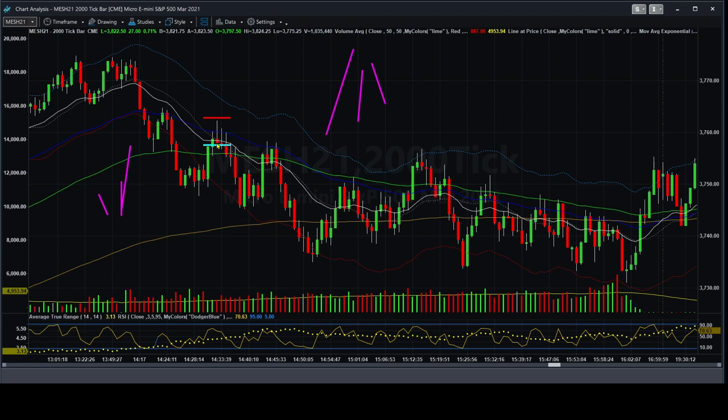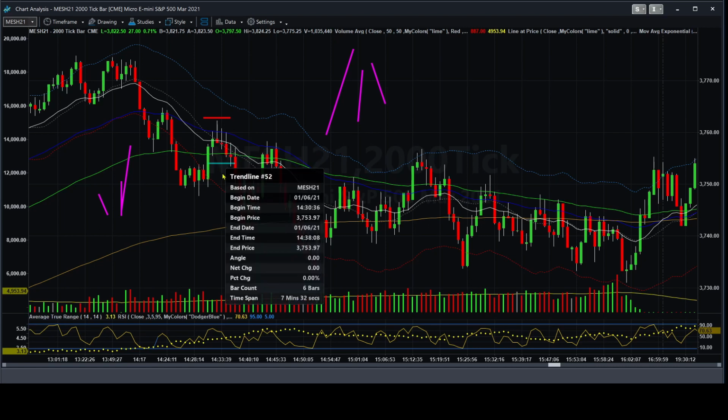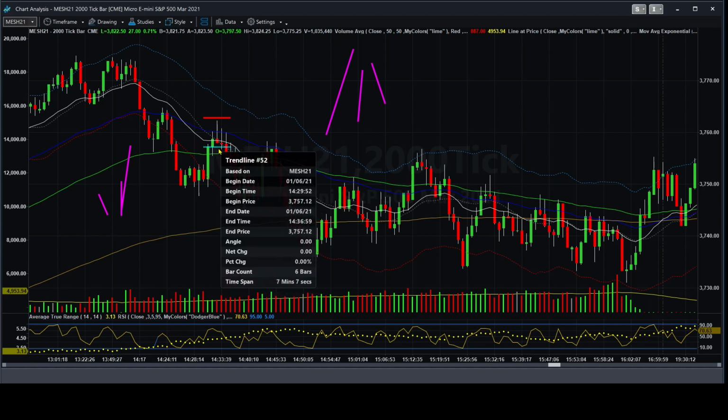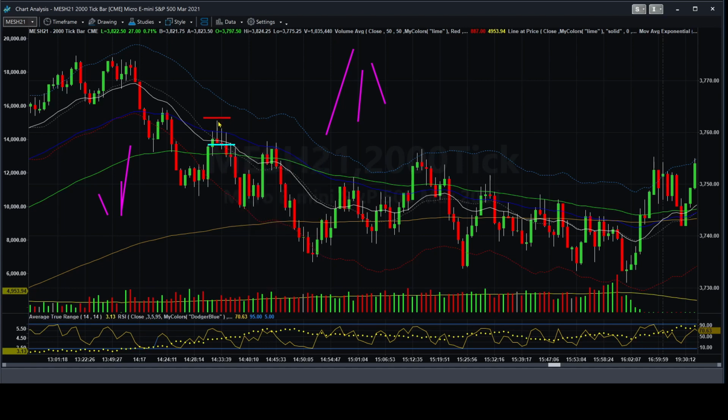And we have to check that this bar closes below, as you can see here. Can you see it here at this point? It closes below the important level, in this case this moving average, the white moving average. We can see that one tick below there, and then it